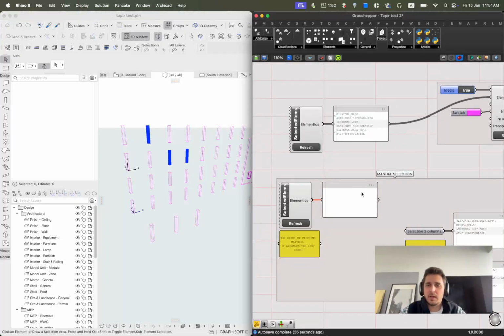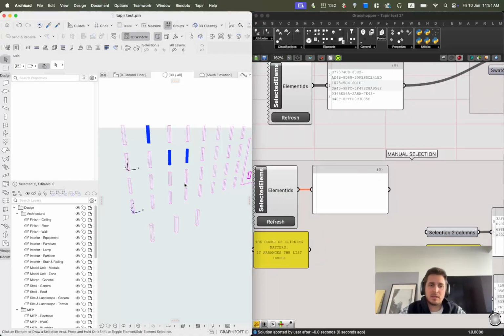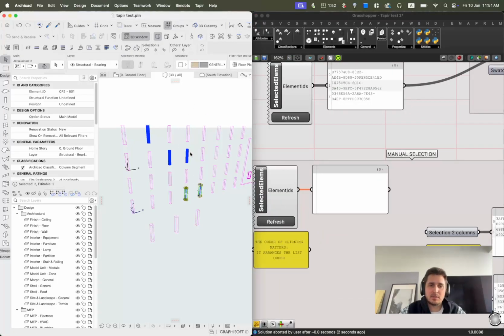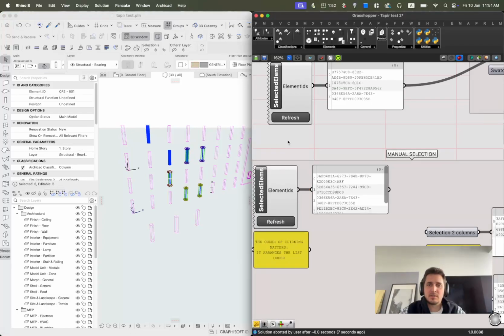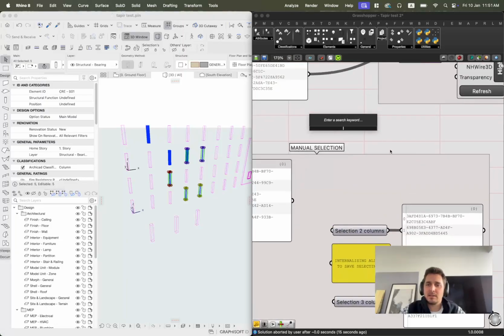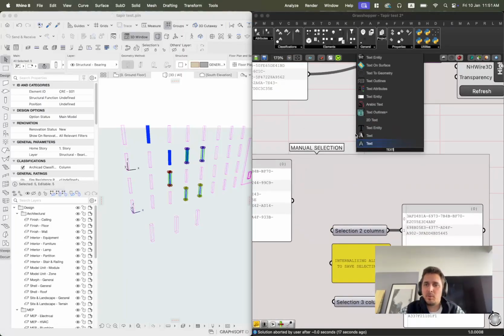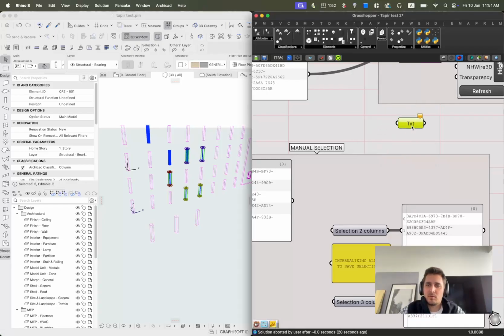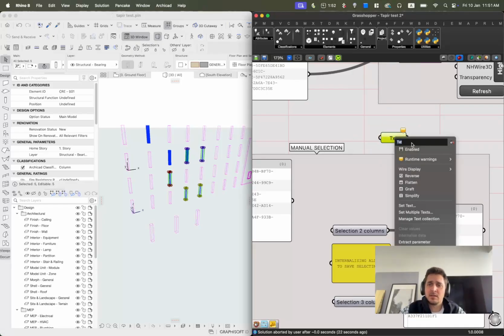this is of course one way, but it could be that I select a bunch of elements, right? So basically I click here, I get my selection of elements, and now I can bring a text. This is just a simple text entity from the Grasshopper text parameter. I can right click on it and just change the name, save selection tutorial,